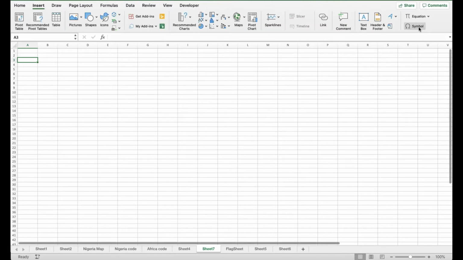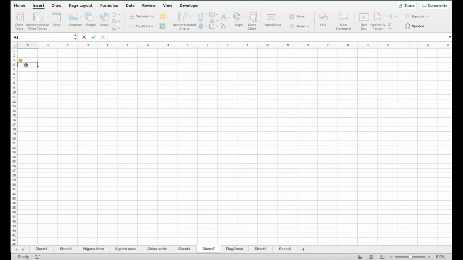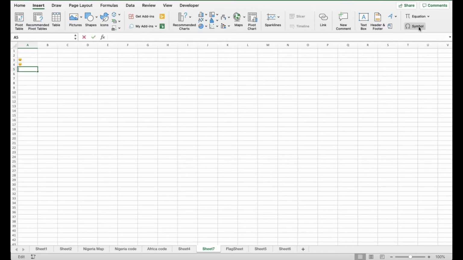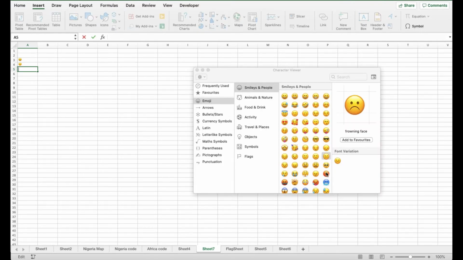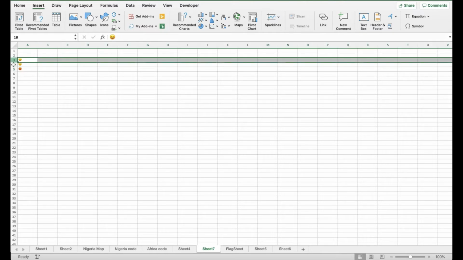I go to insert, I click symbol. I'm going to set up the first one, which is happy. I just double click it. I go to the next line, go to the symbols, go to the sad. I double click it so it gets into my cell, and then I go to the third row, I click symbol and I select the angry emoticon. So I have created those three icons here, and what I'm going to do here is, because this is going